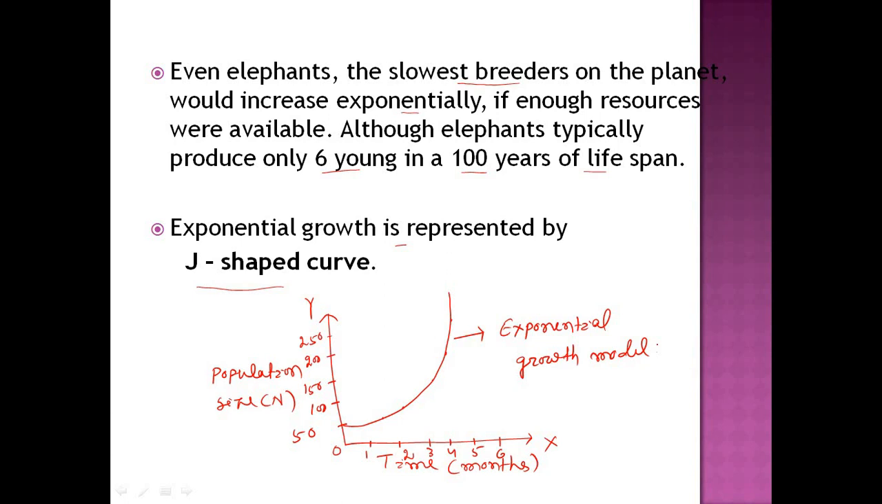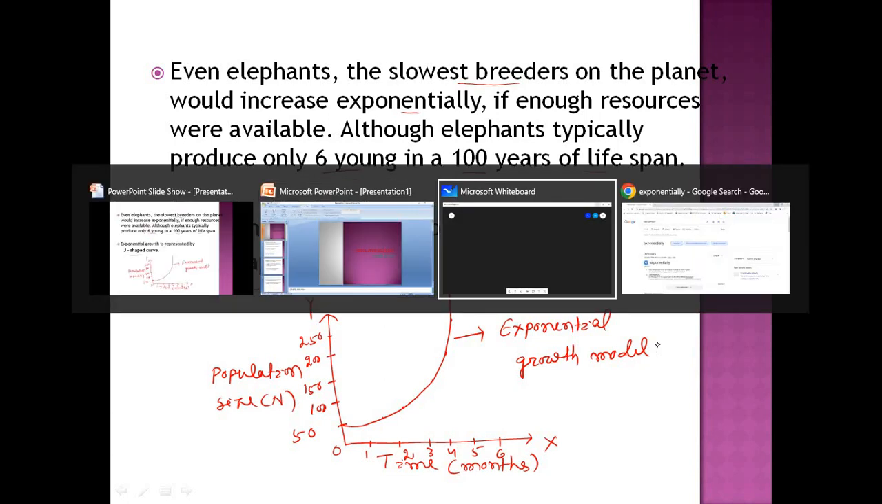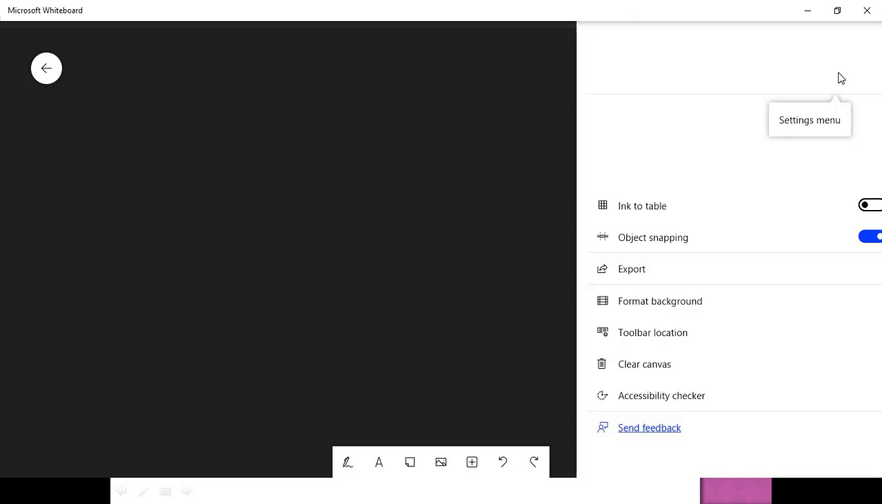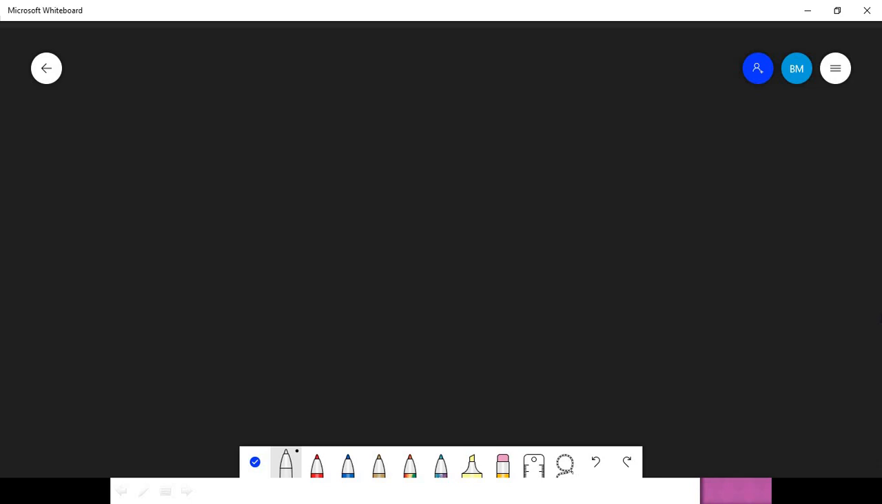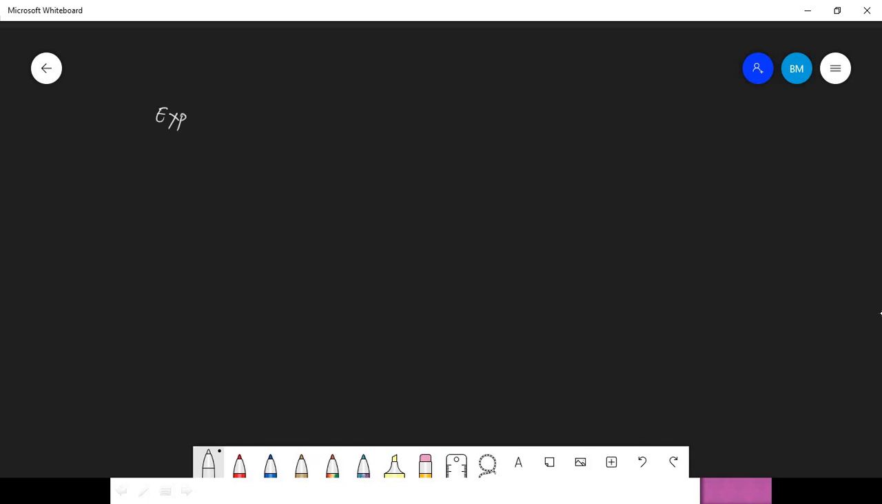I have also mentioned some examples to calculate this exponential growth, or population growth. Give me a moment, I am just writing it. I have taken all the contents from the Campbell book. You can also refer to that. Exponential growth of